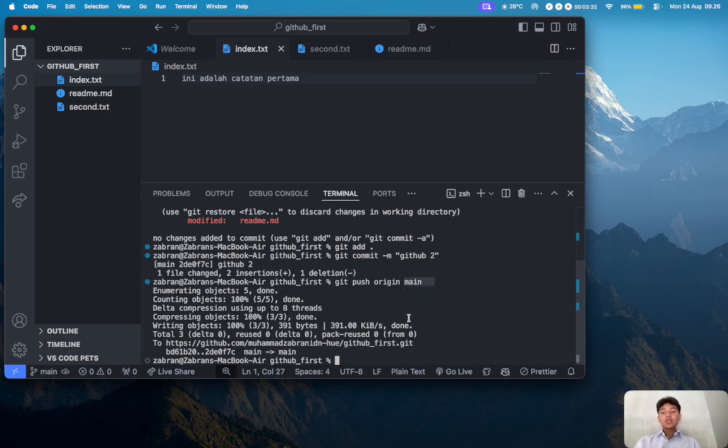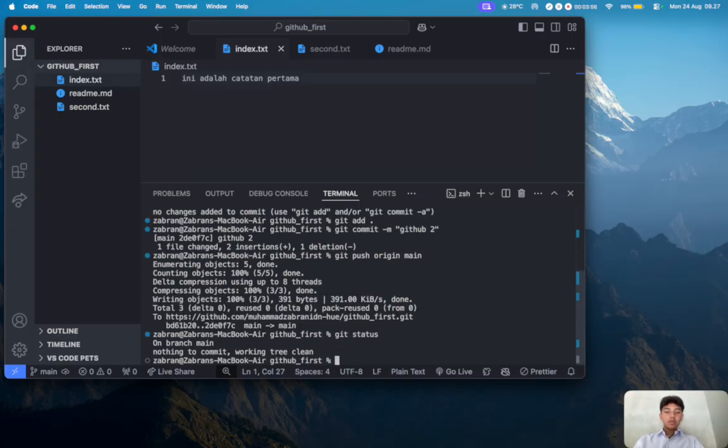So if you guys are using Windows, you must type git push origin master, and then it will submit to GitHub, writing objects and then total, and this is the domain of the GitHub, and then it is submitted and done. If we check with git status, it says nothing to commit, working tree clean. The meaning is there is no more modification in this file.